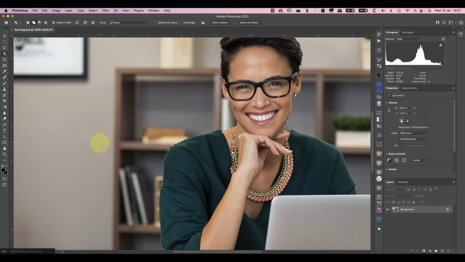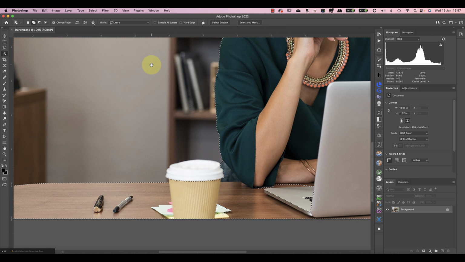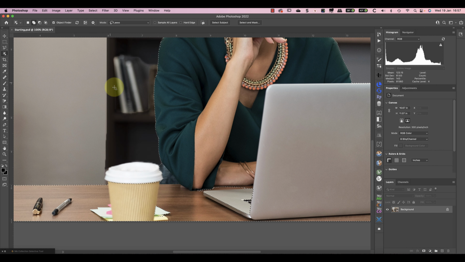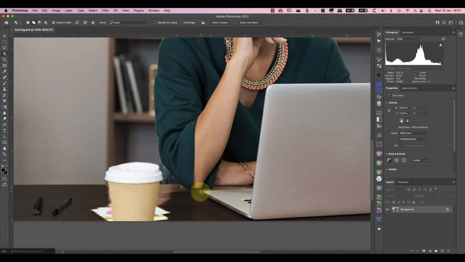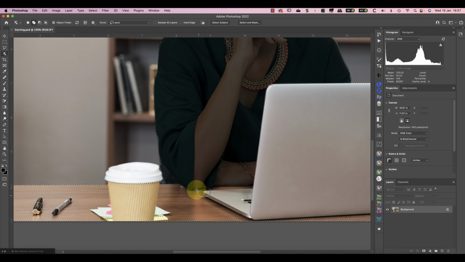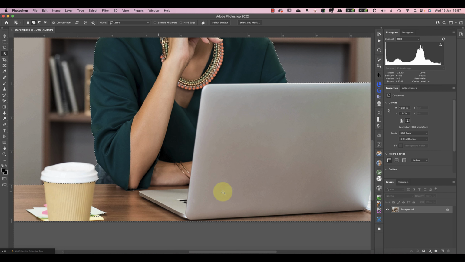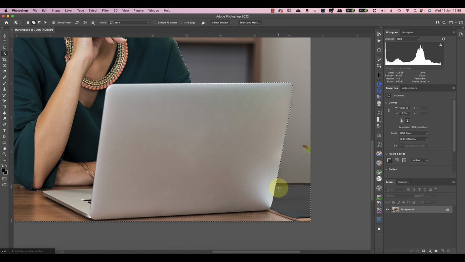Let's zoom in to 100% to look the image over for problems. If there's an area that's been missed, I can draw around it with the lasso. Photoshop then analyzes the area and hopefully adds it to the selection. Sometimes it doesn't quite get it right and you just need to make another selection. It's also possible to remove areas by clicking the Subtract option icon in the toolbar.